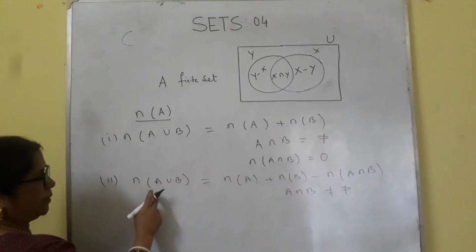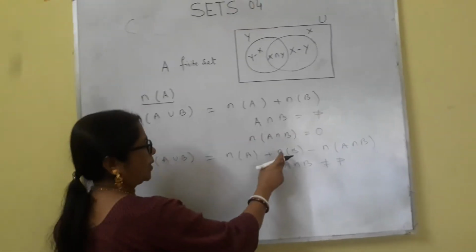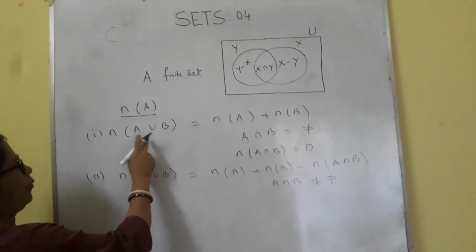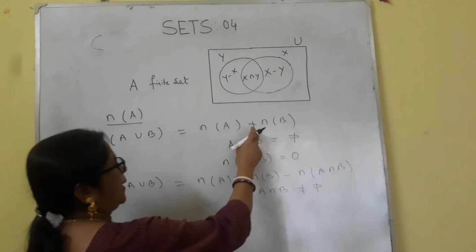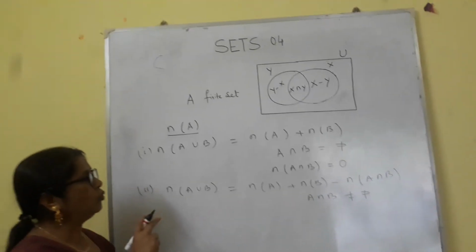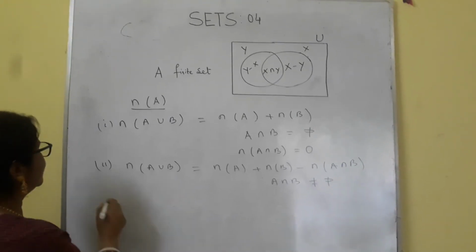So using this formula, n(A union B) equals n(A) plus n(B) minus n(A intersection B), or n(A union B) equals n(A) plus n(B), these two formulas are related with two finite sets. If there are three finite sets,